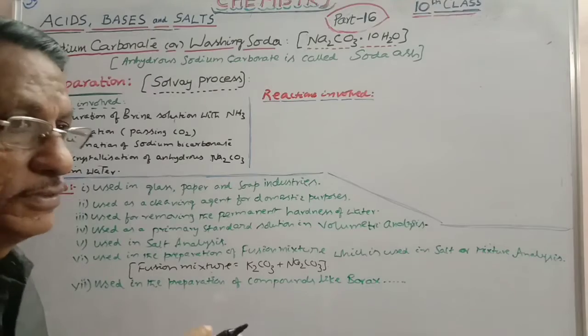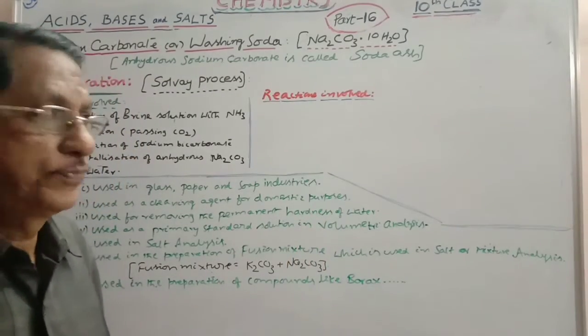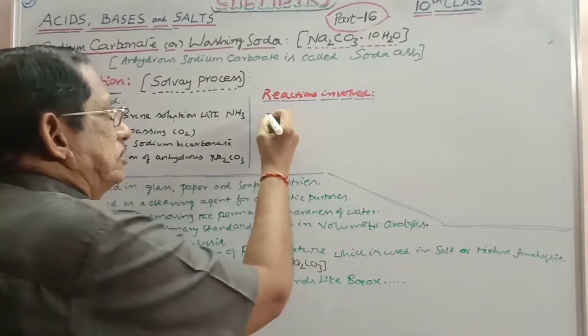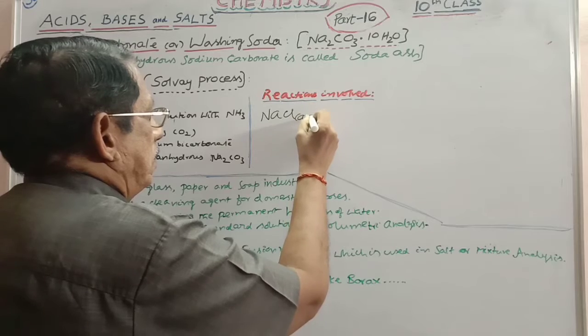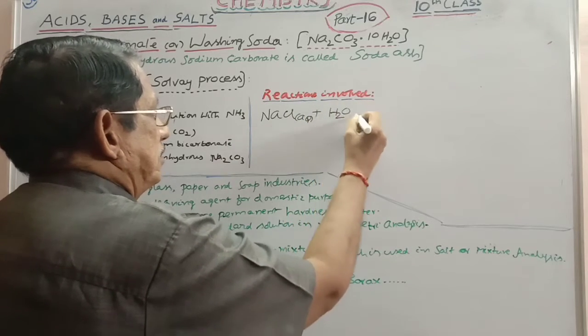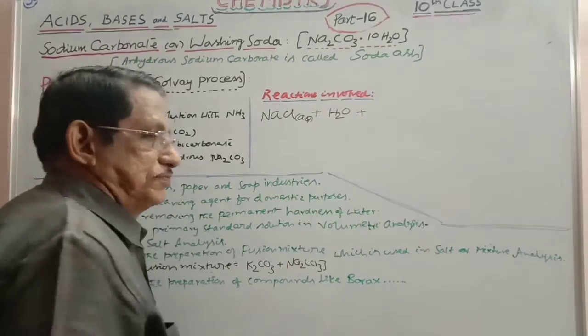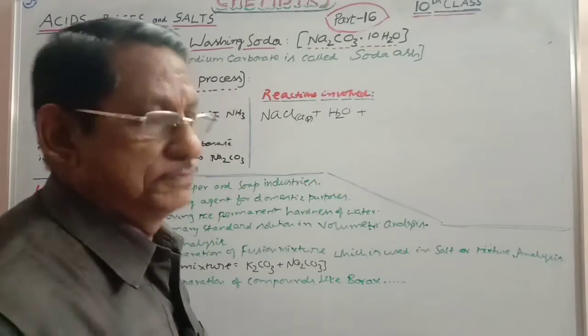I am not taking the complete details of the reactions. If possible, at the end we will consider them. You are taking sodium chloride solution, that means NaCl(aq). Anyhow, H2O is present there. Aqua means water is present. You have to write down the H2O molecule also in the equation in order to balance it.